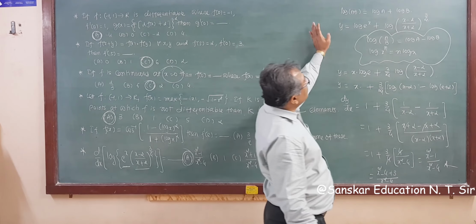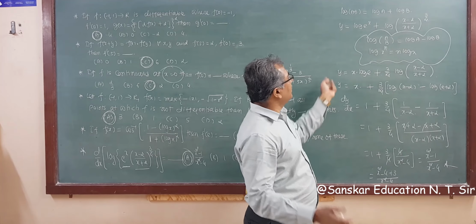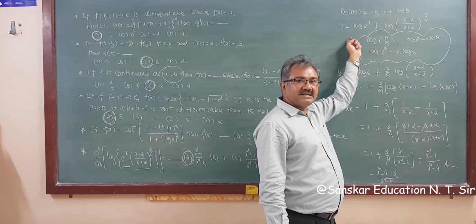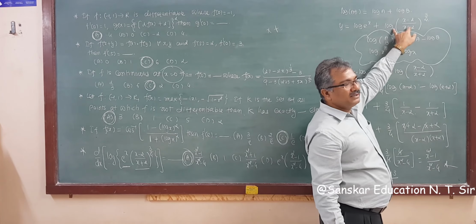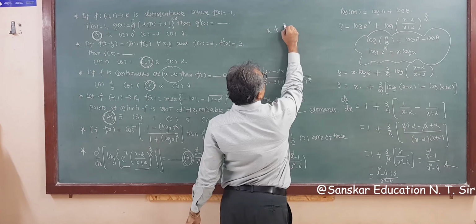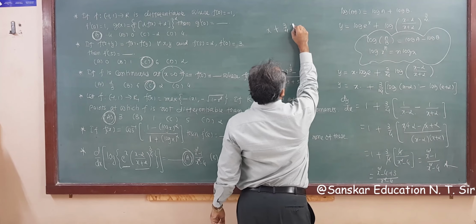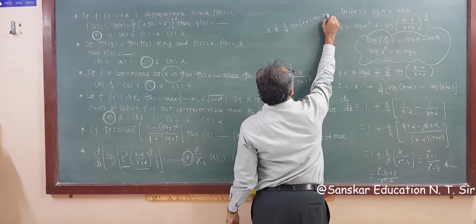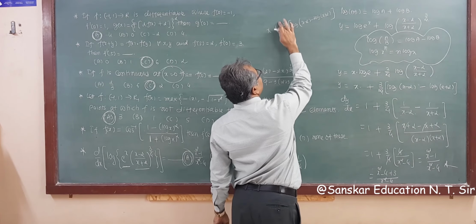So in this type of example, there is no need to write all these steps. Only a two-step example. You have this formula. If we take the power to the front, this is x. So y is equal to x plus, now keep in mind this is the log x raised to n formula, so n comes out front, so this is 3 by 4. And then applying the log a upon b formula, this is log (x minus 2) minus log (x plus 2). Sorry, you have to put brackets here.